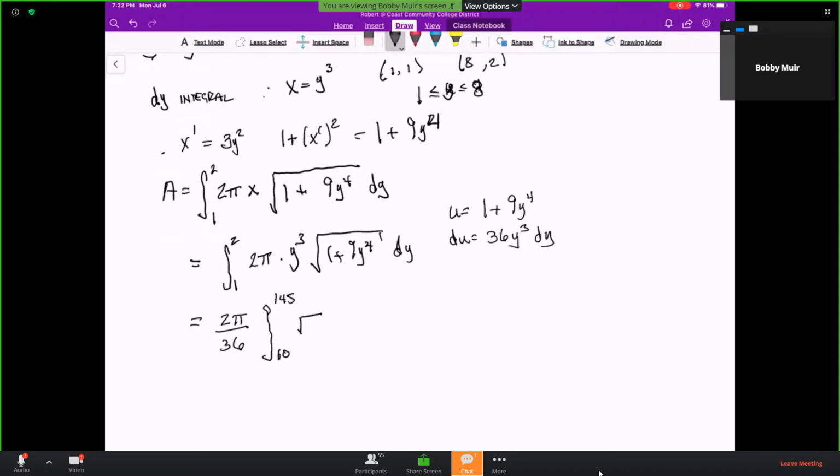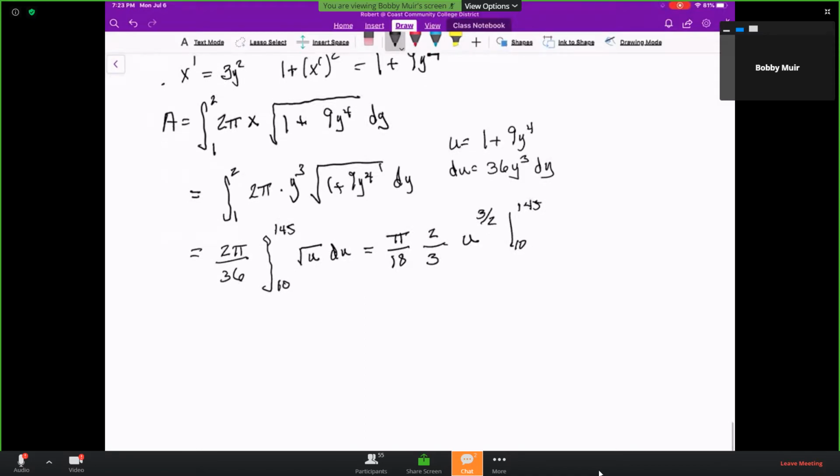And then it's the square root of u du, which is pi over 18, 3/2 over 3/2. Then it's u to the 3/2, 10, and 145. So I'm going to get pi over 27 and 145